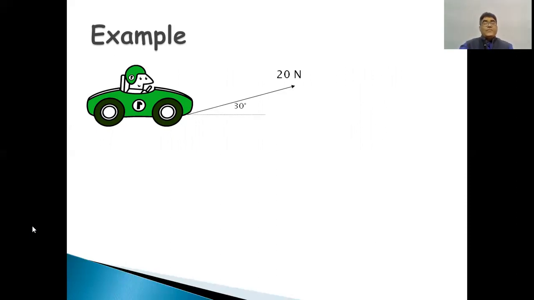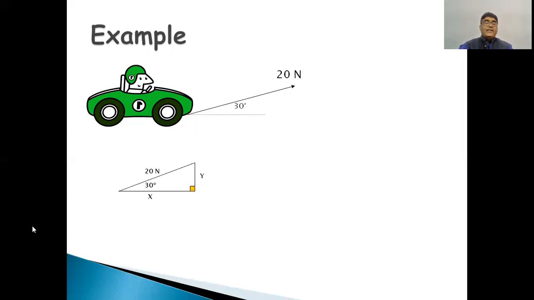If a small boy is moving a toy with the help of a rope or a string tied to the base of the car, and the string is making an angle of 30 degrees with the horizontal axis, and the force which he is applying is 20 Newton, then the motion occurring in the car is in the x direction. Therefore, this 20 Newton is not the exact value of the force, but the component of the 20 Newton in the x direction will be responsible to move